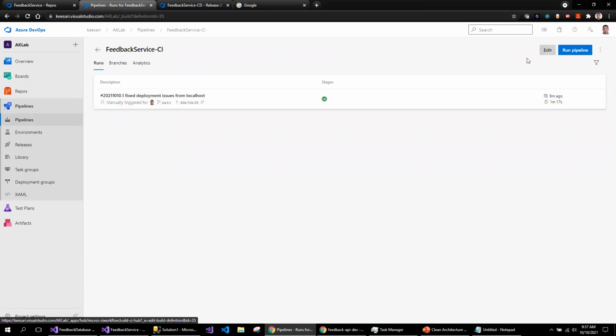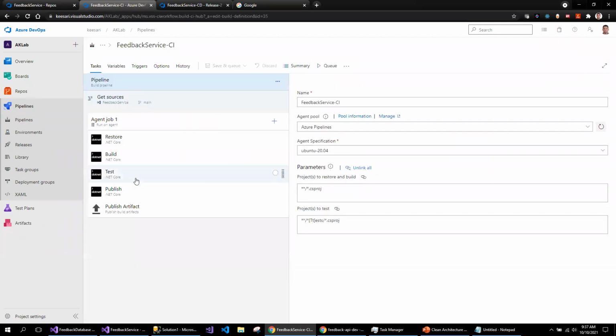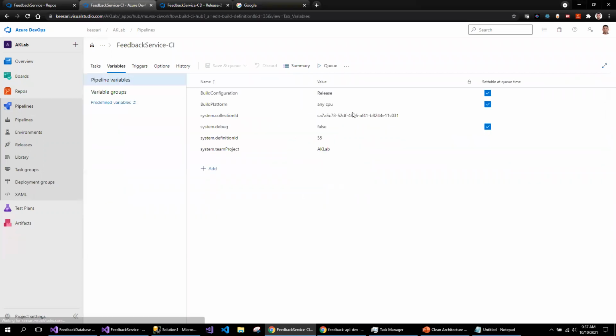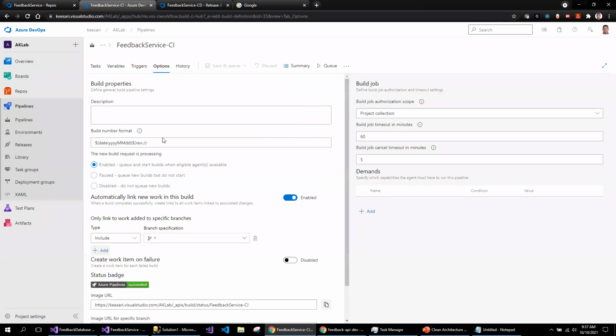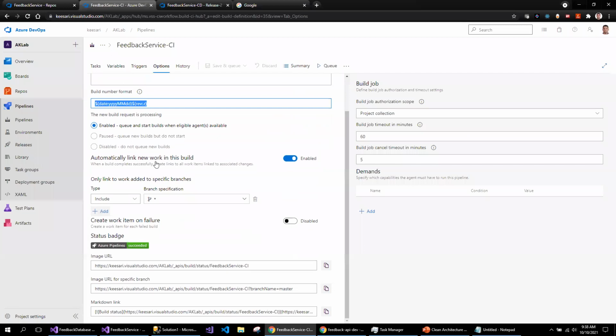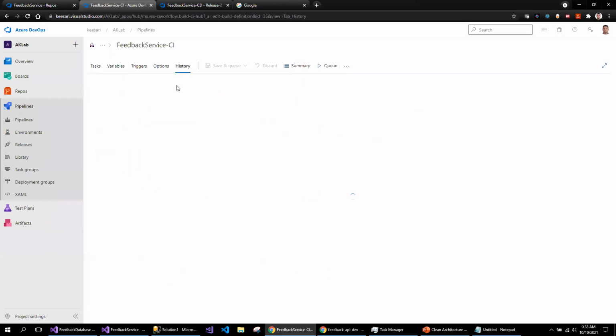In the pipeline, I have used all the default ones. I don't have any custom variables. Everything is default variables: release mode, deploy, release mode, compiling, the build platform. All these are default. So if you want to automate overnight, if you want to run your test cases, all that can be added from here and you can schedule the time. And I'm using the default format for my build name. So there is no customization.